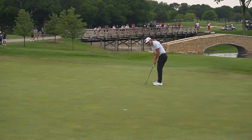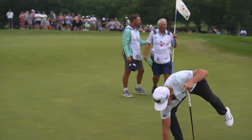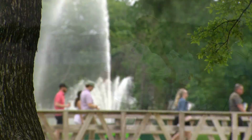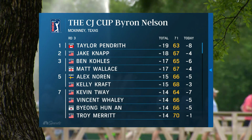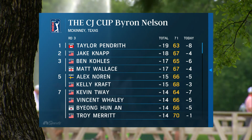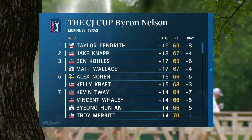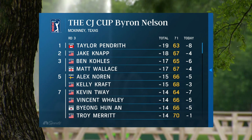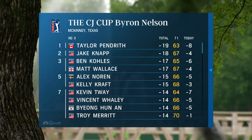Yeah, your 2nd round leader isn't your 3rd round leader, but he is lurking. Only 1 shot back with that birdie at 18. You can see where all of these gentlemen are relative to Taylor Pendrith, who leads at 19 under. They will be going off split tees for the final round. And it looks like, based upon what Taylor Pendrith was just telling Rex, it is going to be a shootout for sure. Another cool story this week,